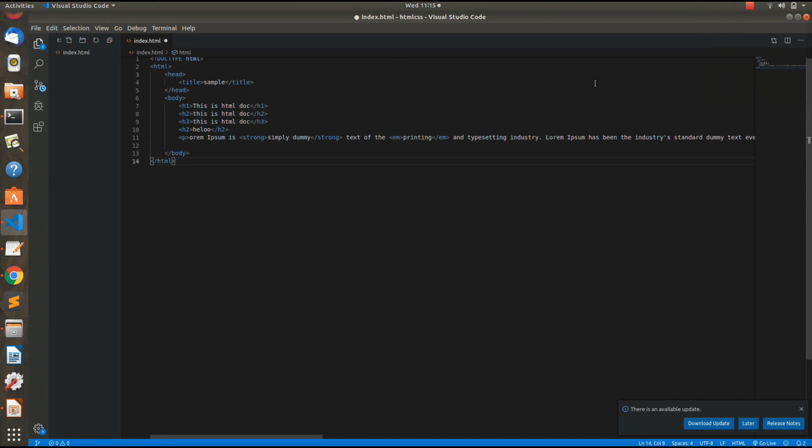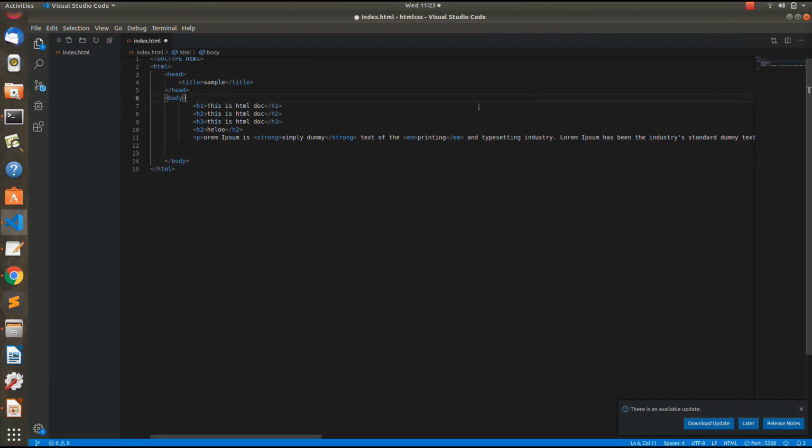Now what is a div tag and why is it used? Div tag is actually used to group various other tags. Like for example, you can see that in the last video we styled the h1 tags and the p tag. But what if we want to style all these tags together? Like if I want to style the h1 tag and I also want to style the p tag together with the same styling, so how can I do that? One way is you take each tag individually and style them, and another efficient way is by grouping them. And for grouping, we use the div tag.